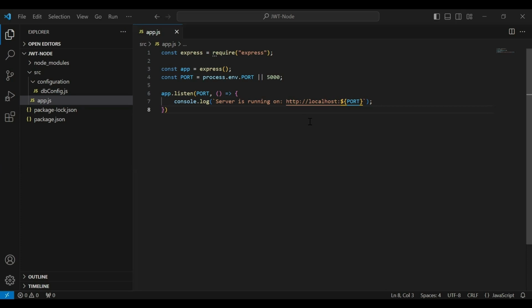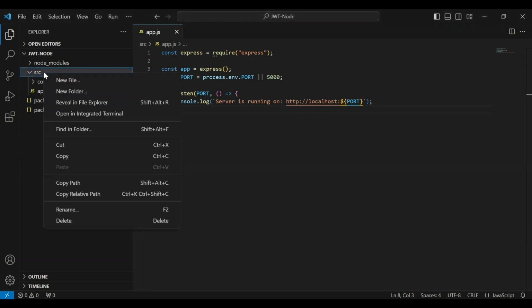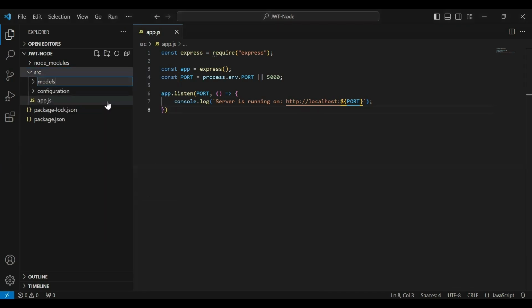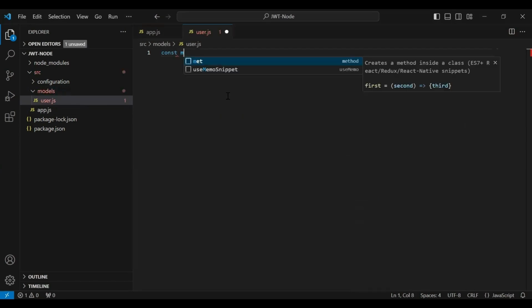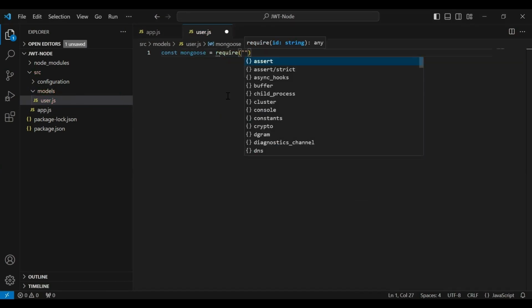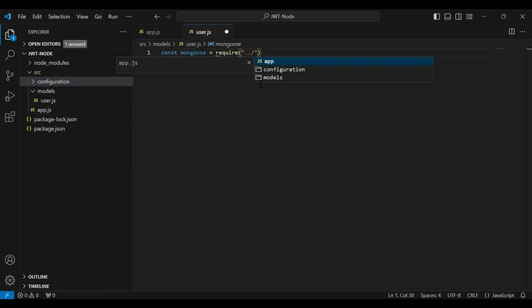So first of all, I'm going to create a user model. So let me create here the sub package under the src, that is models. In the models package, I'm going to create a new file with the name user.js. So let me import here Mongoose, and it will be a require. And here I'm going to import our DB configuration. So let me select here config/db config. And here I'm going to call